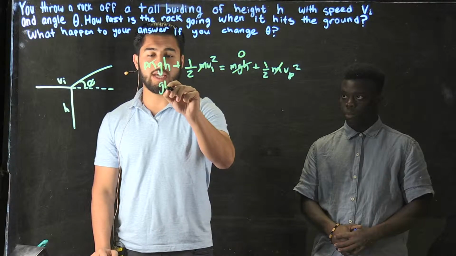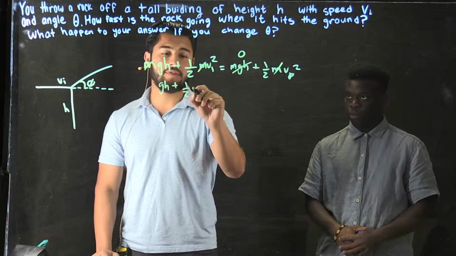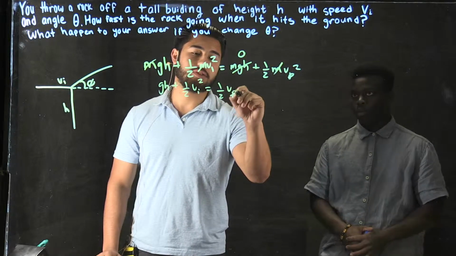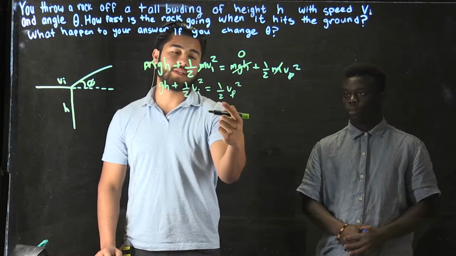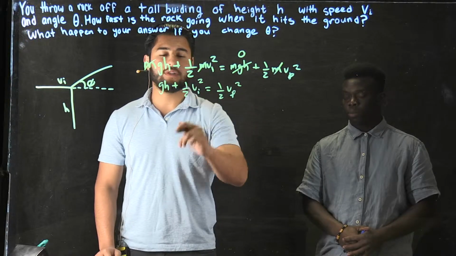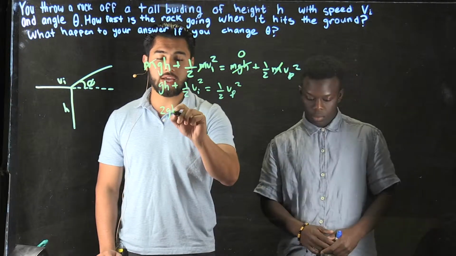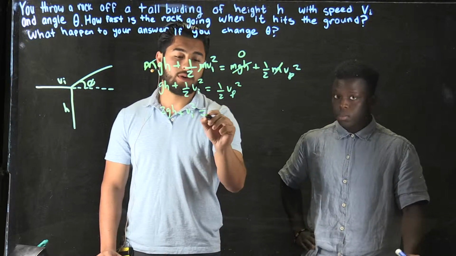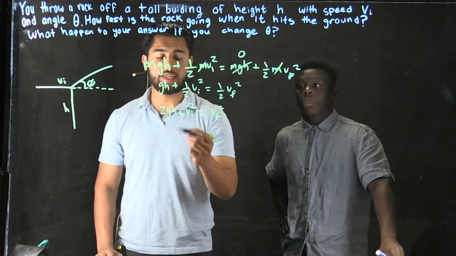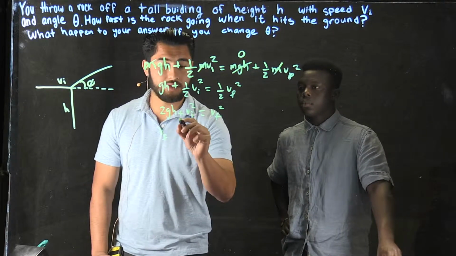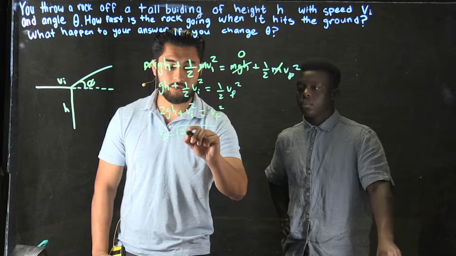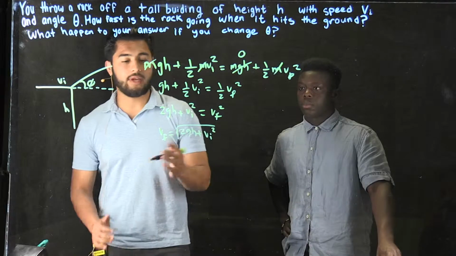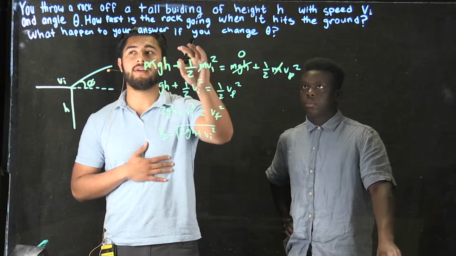So you're left with gh plus 1/2 vi squared equals 1/2 v final squared. To get v final alone, you multiply by 2, which becomes 2gh plus vi squared equals v final squared, and then that just becomes v final equals the square root of 2gh plus vi squared. And since it's asking us for theta and the angle, we have